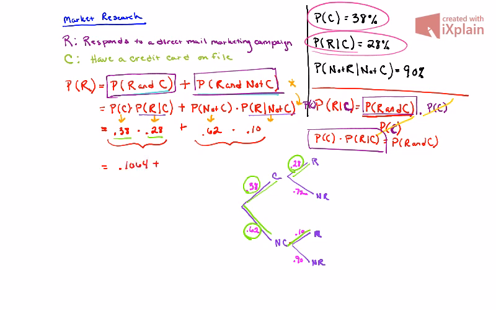If we take care of the multiplication first, remember we are doing order of operations, this is going to become 0.1064 plus 0.062, and if we add that up, that is going to take us to 0.1684, or in other words, 16.84%. So what does this mean then? Well, we're saying the probability